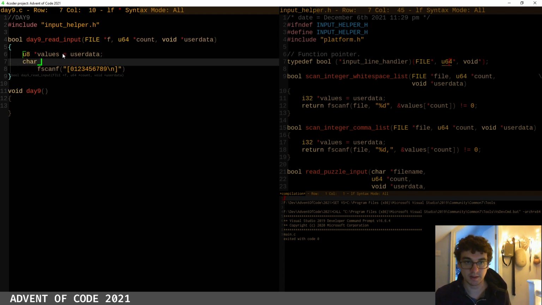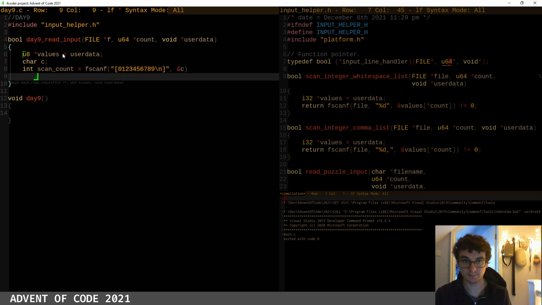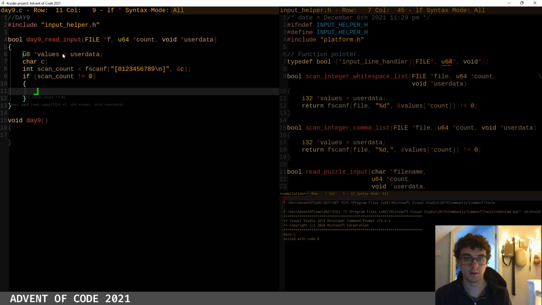That's going to be our char c, and we're going to pass it in. That's going to be our int scan count. If scan count does not equal 0, we're going to do